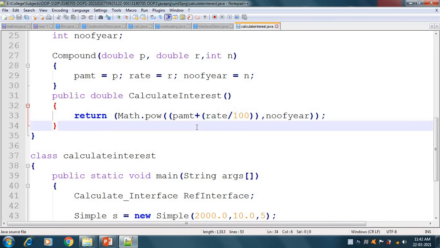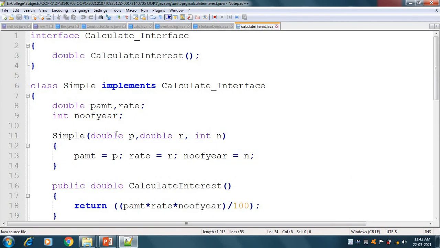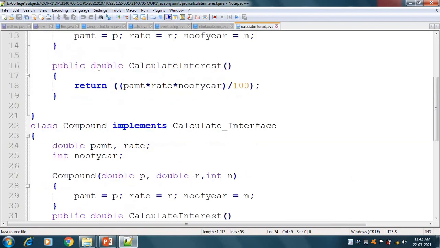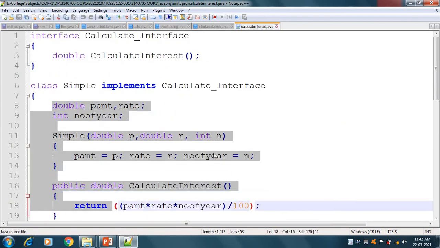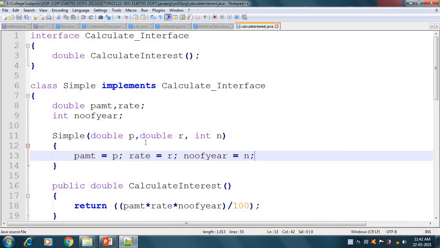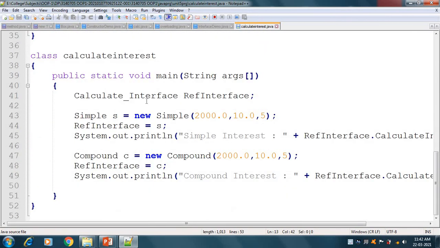So this is the use of interface and how it works. The background detail, meaning the implementation detail, will be hidden, and only the output will be given by the interface.